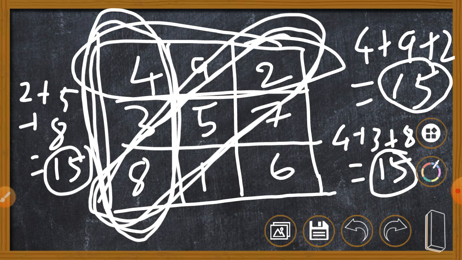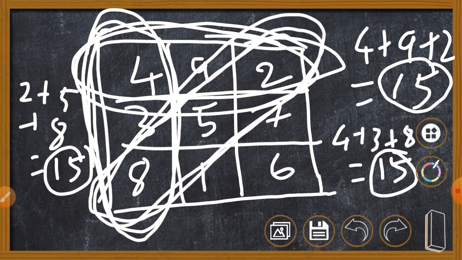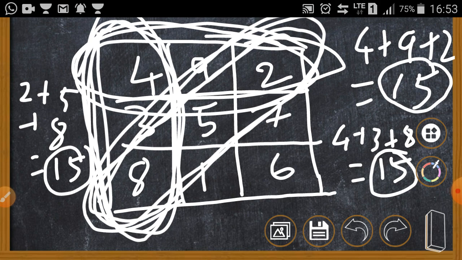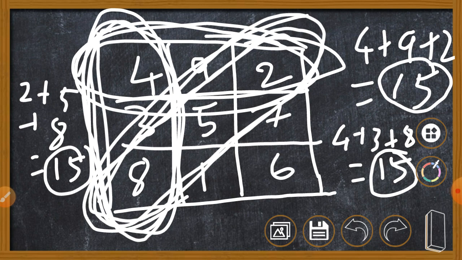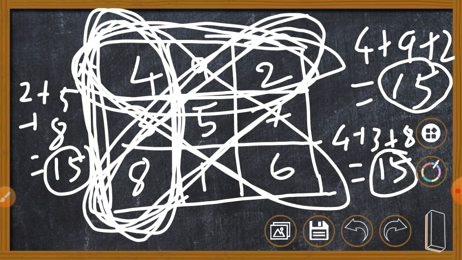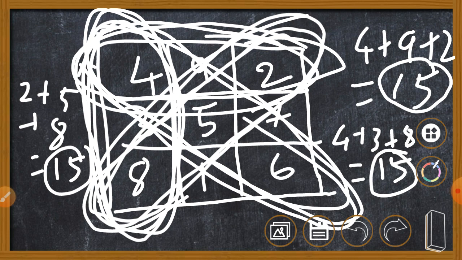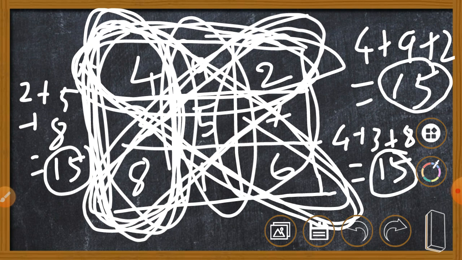So this is the speciality of a magic square, that whether you add it from side to side, or from top to bottom, or from corner to corner, you will get the same sum, which is 15. Like if you choose this corner to corner, then also you will get 15. If you choose any other three set of boxes, then also you will get 15. Okay, so now